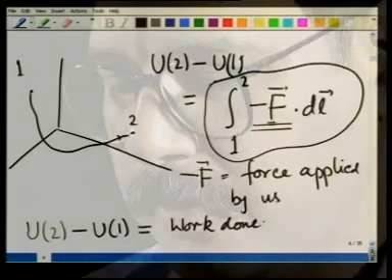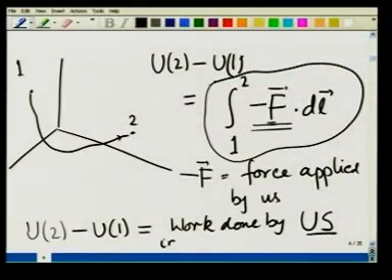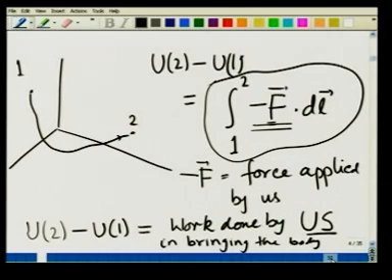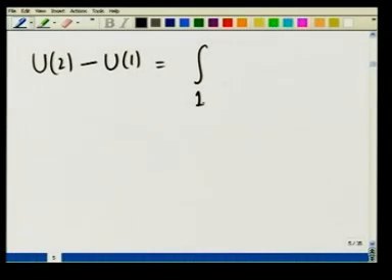done by us or by me in bringing the body from 1 to 2. Let me write it very clearly in the next slide. So, u2 minus u1 is equal to integral 1 to 2 of minus F dot dl. Again, I remind you, I am not writing any C because I am talking about conservative force, and therefore, the work done is independent of the path and it depends only on points 1 and 2, and this then is equal to work